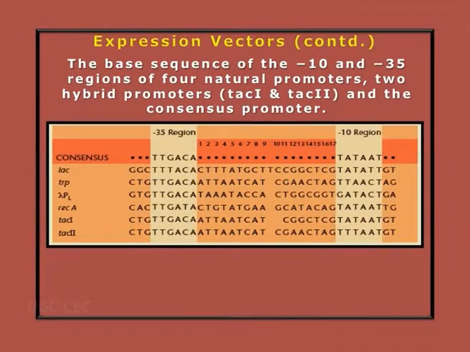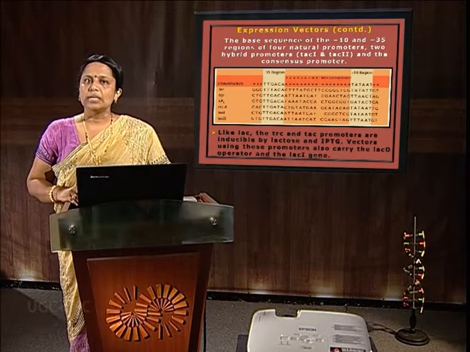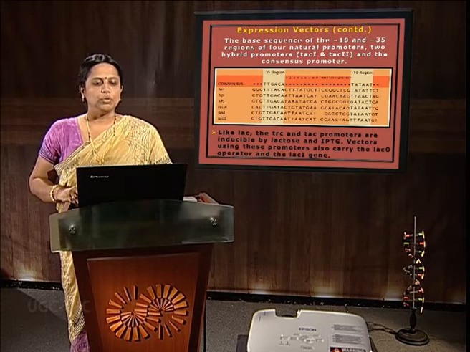Next, the promoter strength can be enhanced by increasing the consensus sequences of the -10 region and -35 region. The commonly used promoter elements are the LAC promoter, TAC promoter and TRC promoter, wherein the TAC and TRC promoters are fusions between the LAC promoter and the TRP operon promoters.